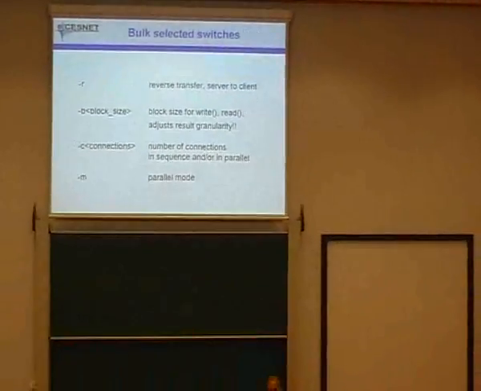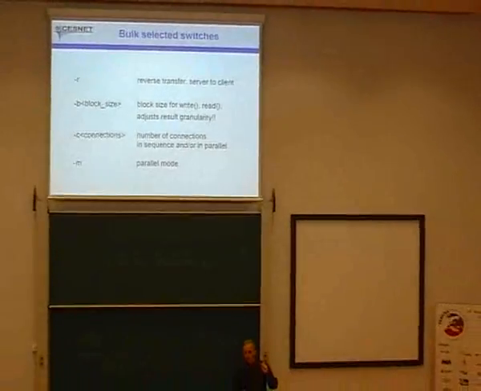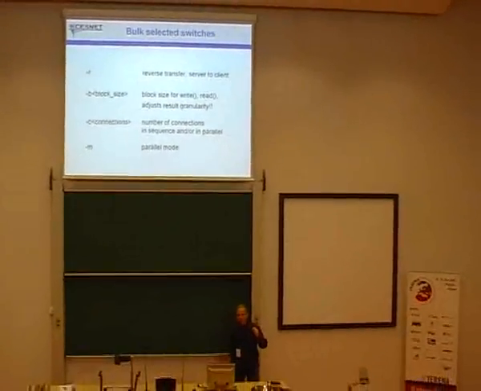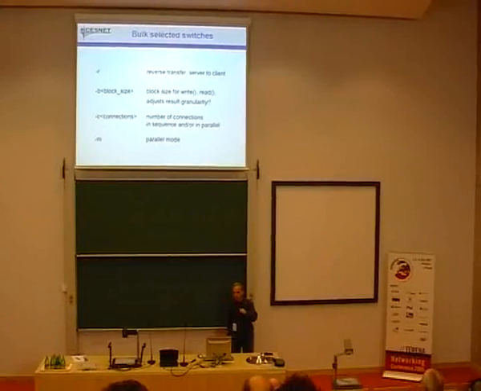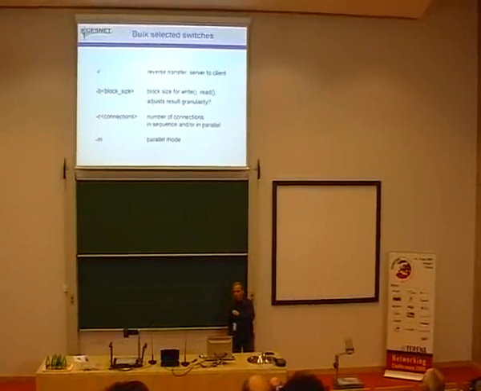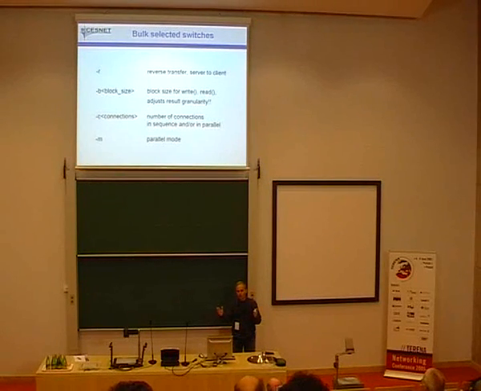This is very important because, as I said, TCP variables are read after write or read call. That is, by specifying block size, we effectively adjust the time granularity in which we can monitor